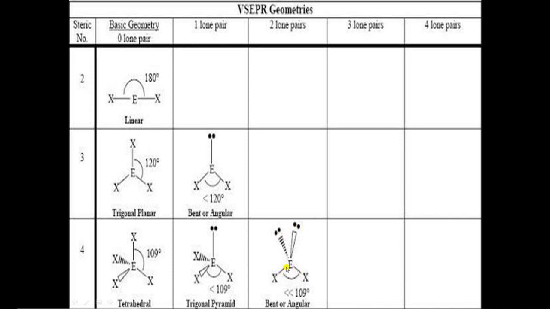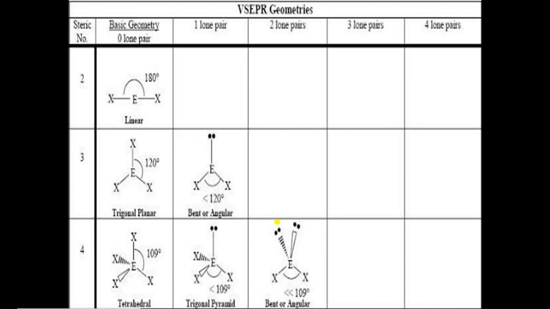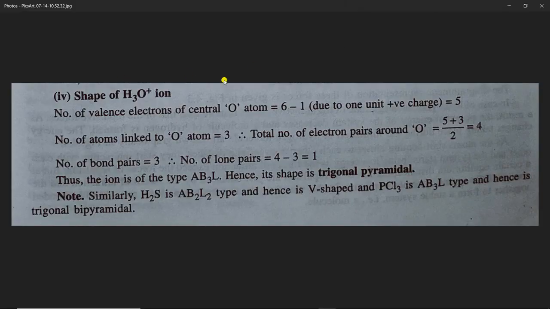So this is how you can easily solve these types of questions, but you should know the geometry and the shape of the particular structure by knowing the names of the geometry and shape. So this table is very important for this class as well as for higher classes. So you have to learn this table. The next one is H3O positive. You will do this part by yourself. If you find any problem, then you can ask me.